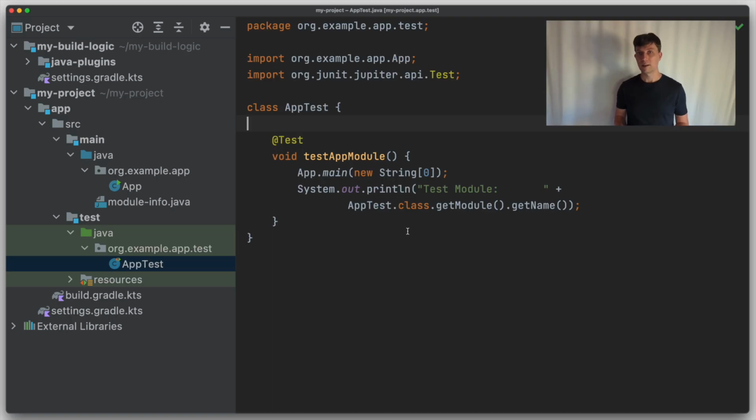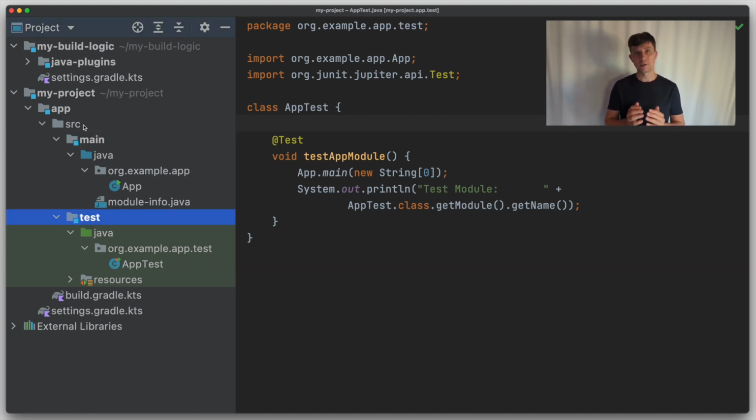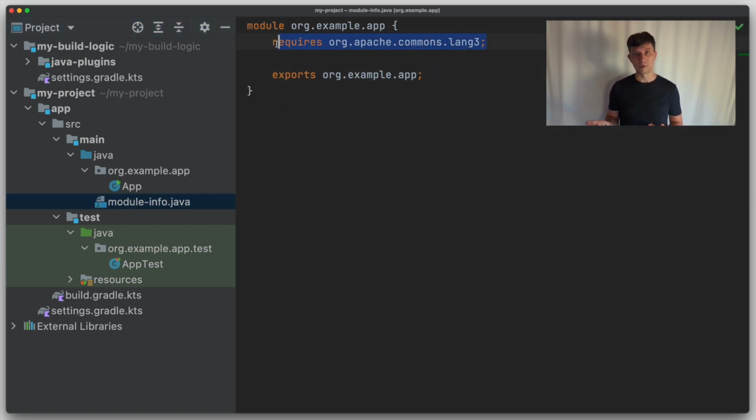Let's see how we can get the tests to use the module path. The test task, similar to the compile and exec tasks, will run things with the module path as soon as the module info for the project or the module you are running is available. From the Java module perspective, each source set in Gradle is a separate module. It makes sense because each source set also has its own dependencies, which corresponds to requires in the module info files. And each source set is compiled separately and potentially packaged into a separate jar. And in the module system, as we learned, a jar has much more meaning because each jar represents a separate module with a separate module info.